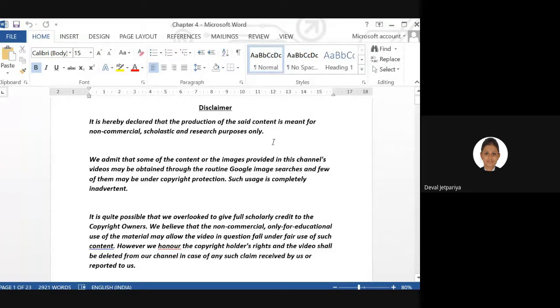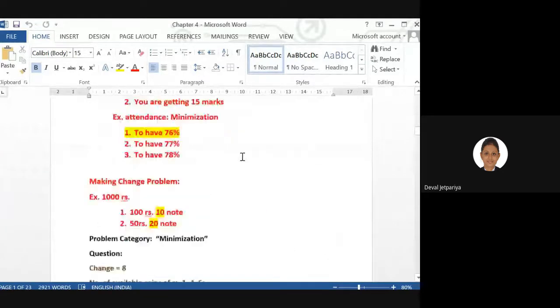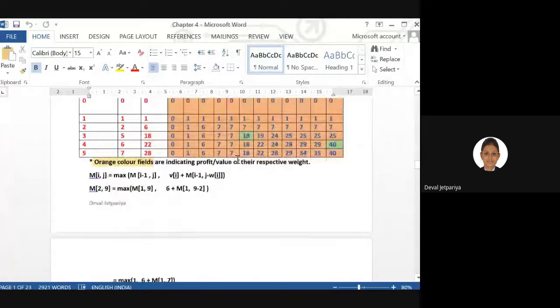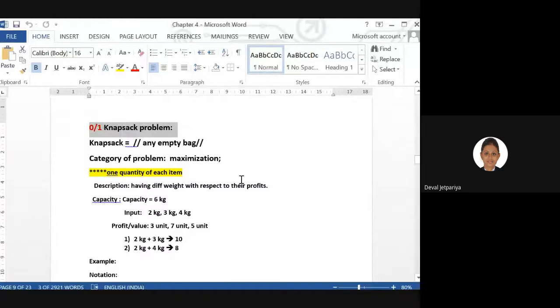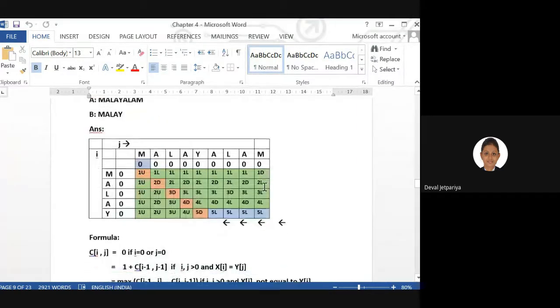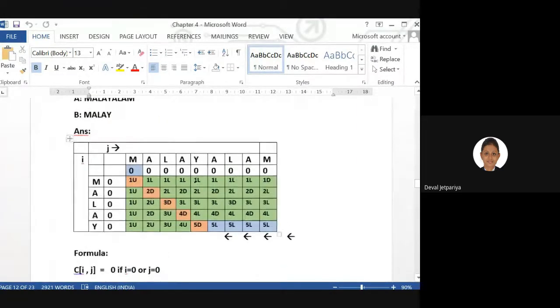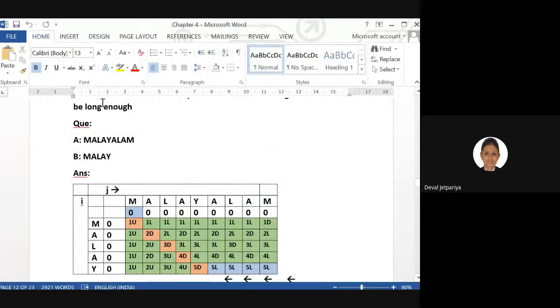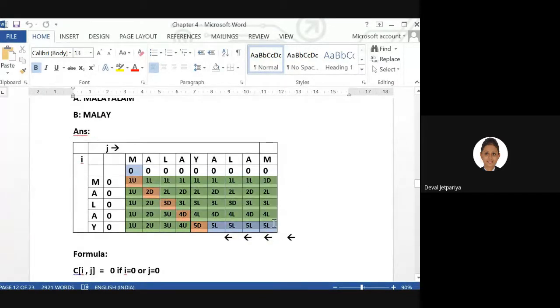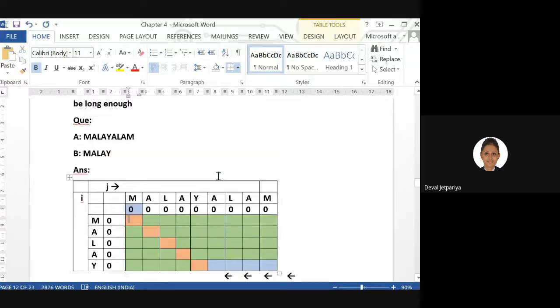So, we had started with chapter number 4, that is dynamic programming. And in the last class, we had completed the 0/1 knapsack problem, in which we tried to utilize the maximum weight in such a way that we earn the maximum profit, as well as our knapsack, or our bag, must be filled. So that is fine for you? Shall we start with the next topic? Yes or no?